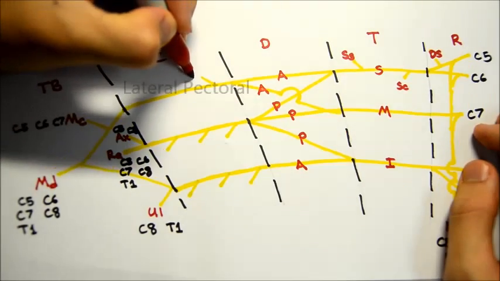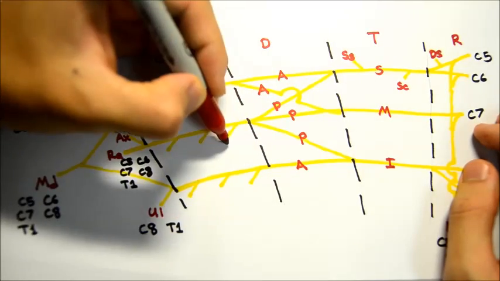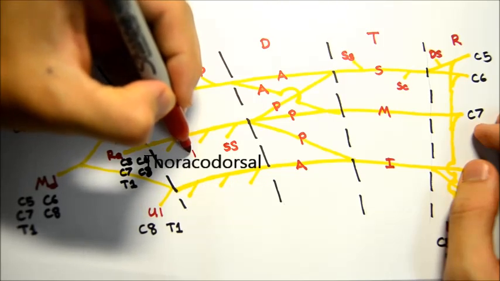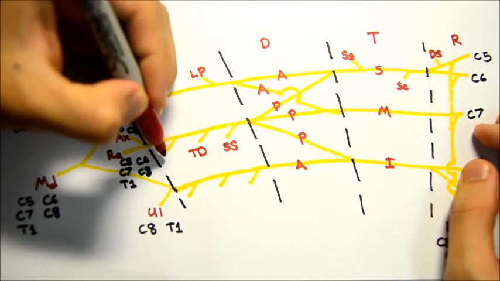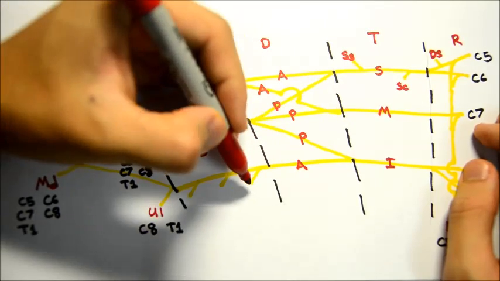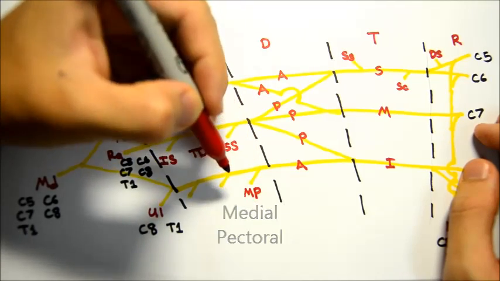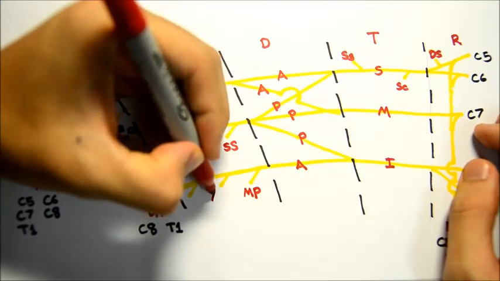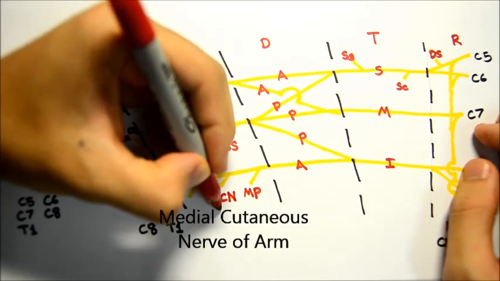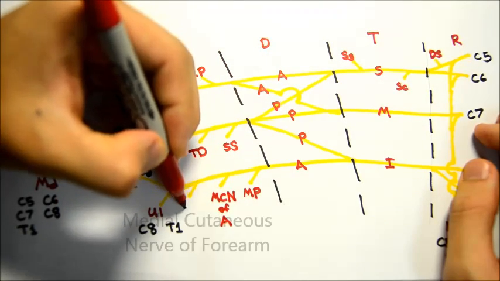First branch is the lateral pectoral. Second branch is the superior subscapular. Third branch is thoracodorsal. Fourth branch is inferior subscapular. Fifth branch is medial pectoral. Okay, the next one is a bit long, bear with me. Medial cutaneous nerve of arm, and next one is medial